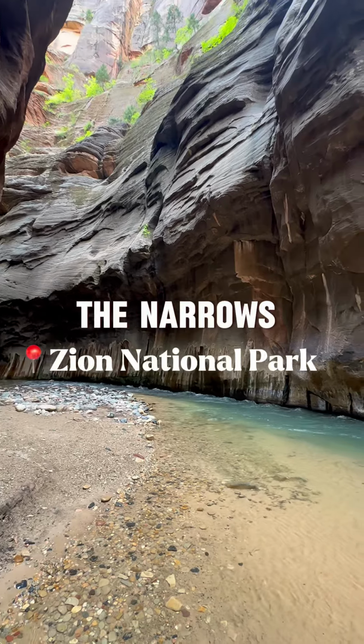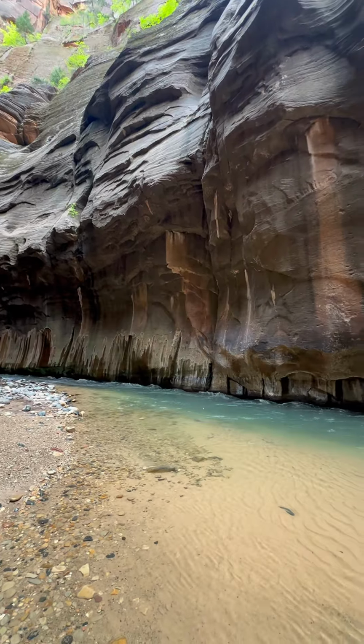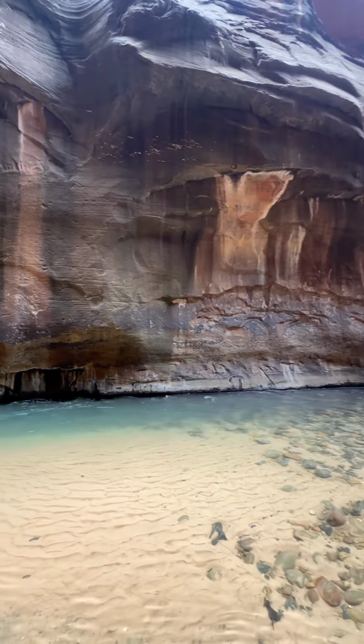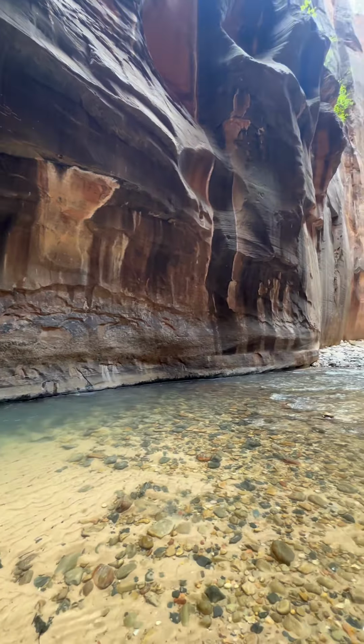Hello everyone, Zach and I completed the hardest, most rewarding hike of our lives. Dun dun dun. We conquered the Narrows at Zion National Park, which is a 10-mile round-trip journey through water,